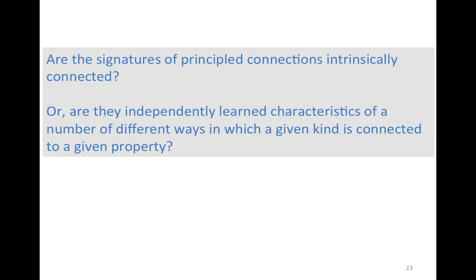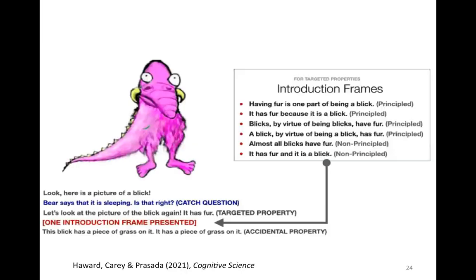Now, given that the experiments that I've pointed to up to now are experiments that were done with adults with known kinds, it was possible that these might have been learned separately. These facts might have been separately learned facts about a given kind and property, rather than reflections of a single principal connection, which we are hypothesizing is a part of the lens that kind concepts provide. To test between these two possibilities, we ran experiments in which we taught people about novel kinds where they obviously have no prior knowledge,